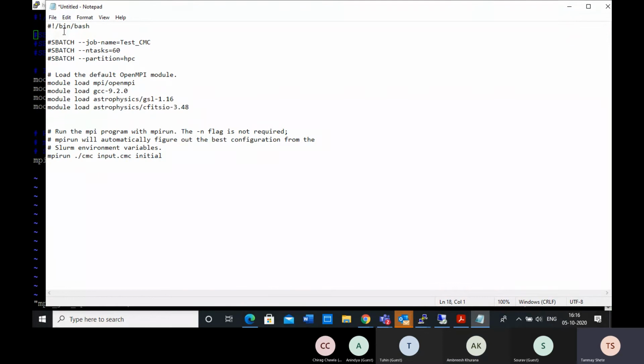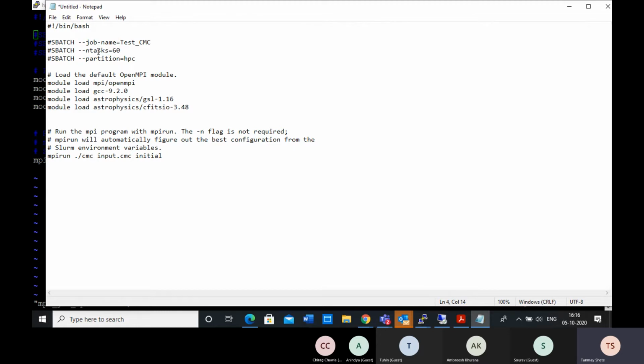Okay, so this is a typical Slurm script where you can find #SBATCH is the starting keyword, and then you can give special parameters to the job, like the job name.